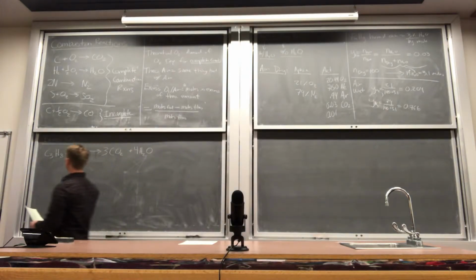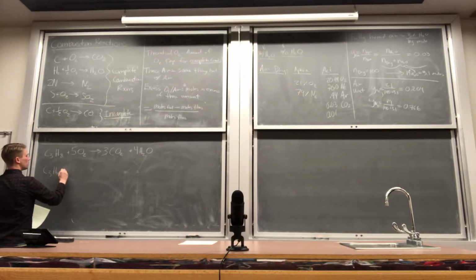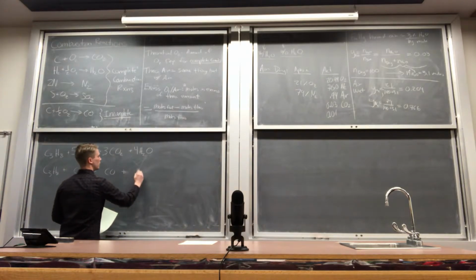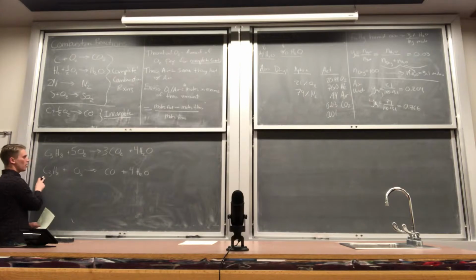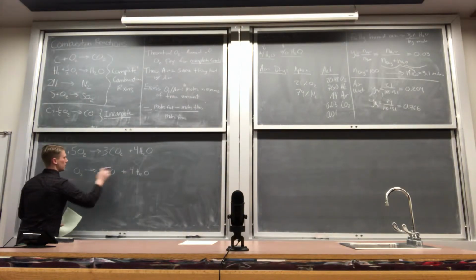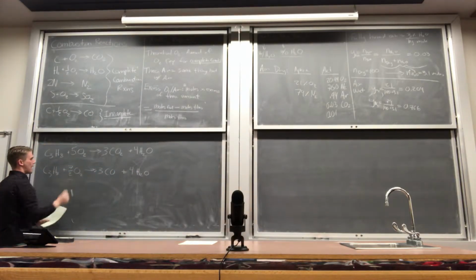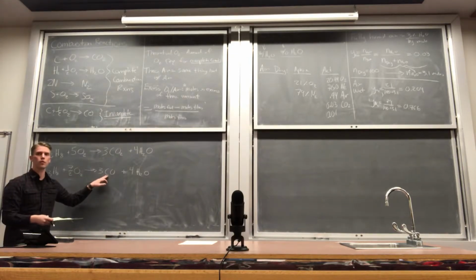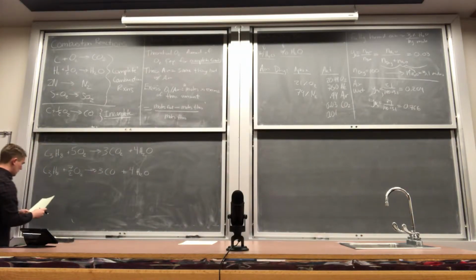Now let's also quickly balance the incomplete combustion reaction. C3H8 plus an unknown amount of O2 goes to CO plus H2O. Hydrogen is still going to be the same. Carbon's going to be a bit different. So we have 3 less oxygens, that's 7 halves. If you have insufficient oxygen, you're promoting the formation of carbon monoxide, which is a bad thing.